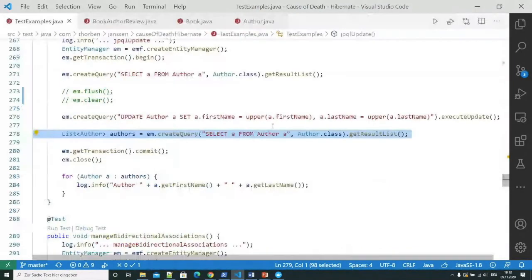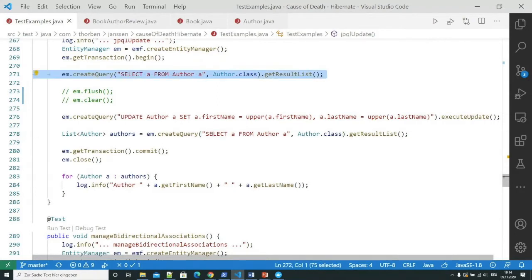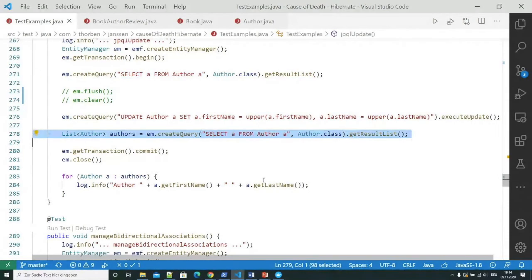But when Hibernate gets the result for that query, it iterates through the result set and checks: okay, here we have a reference to an author entity with ID 1. And before Hibernate uses the data returned in the result set, it goes to the first level cache, which is your persistence context, and checks, is there actually already an author entity object with ID 1? Because it has to ensure that there's only one object representation for each record in the database. We already fetched the authors up here. So when we fetch them again down here, Hibernate says, yeah, there's already one in the persistence context, I can ignore that record from the result set.